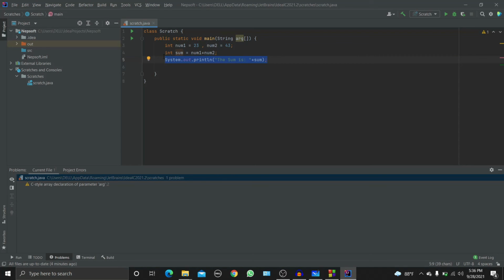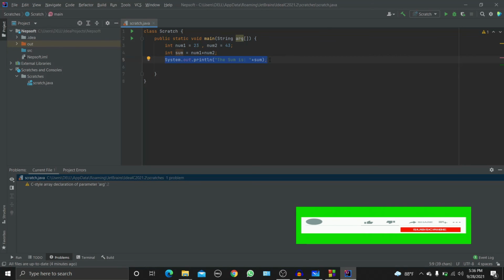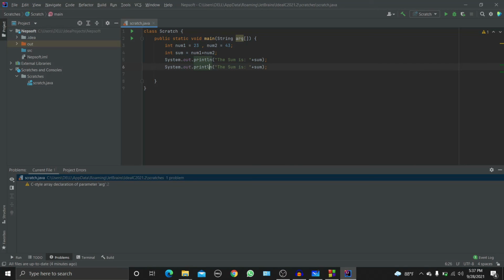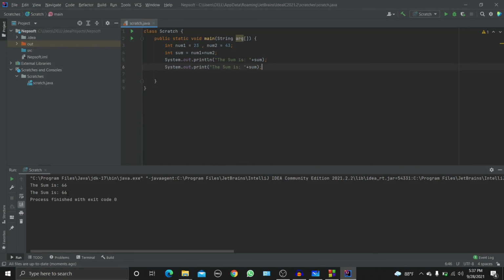If we just copy and paste it over here again, and we remove ln from here, then also it will be compiled and will show us output. The output is here, the sum is 66. What it does is, first of all, it prints the line.